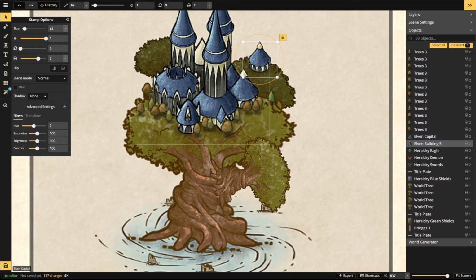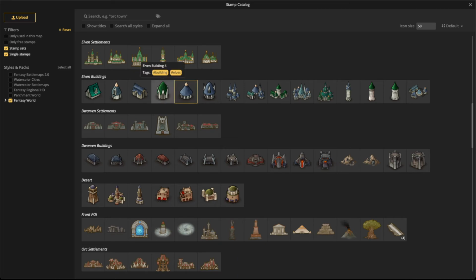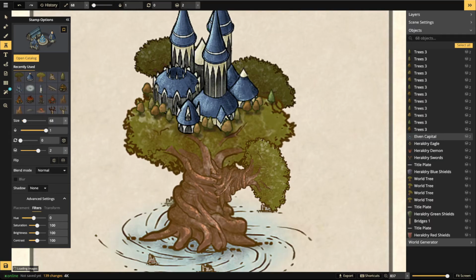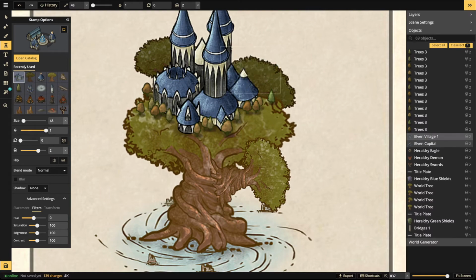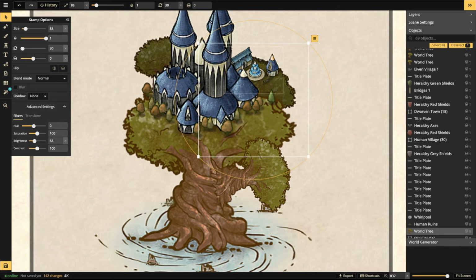In fact, this is so similar to these other ones. Let's actually pick a different one. That way it looks a little bit more unique. Let's go with maybe adding in, I kind of like this one right here. You could maybe add in a fountain in the background. So just put that one on top like that, and we're going to bring it down a layer. And of course, we'll have to take that tree and bring that down a layer. There we go. So you have a little bit of a fountain there with some fencing,